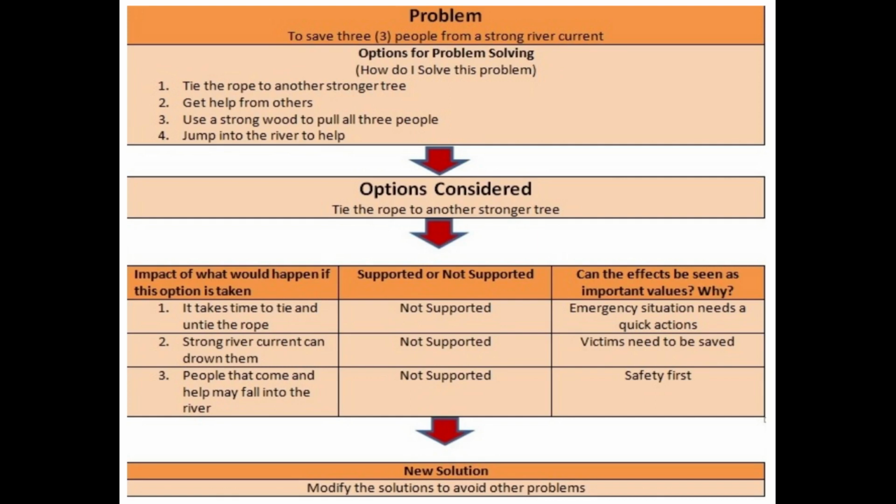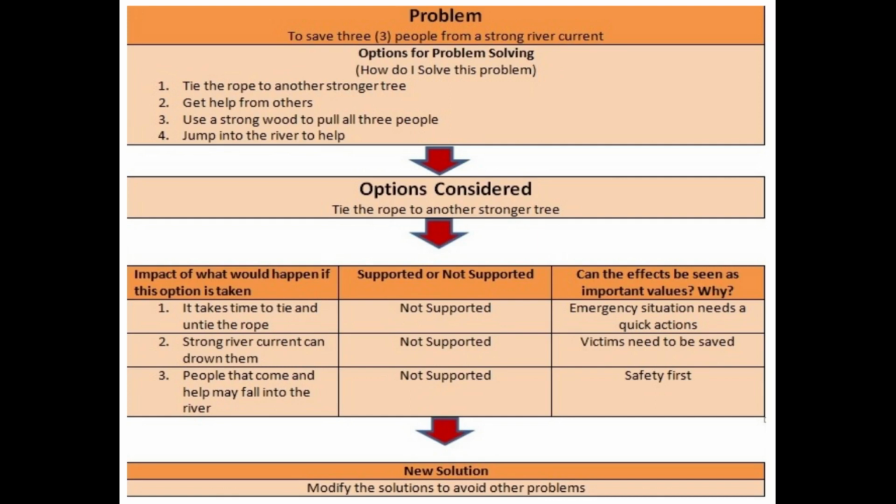The problem is how to save those three, two in the river and another one just holding the rope. Then options for problem solving, we have 4. Number one, tie the rope to another strong tree. Maybe that is good. Number 2, get help from others. Number 3, use a strong wood to pull all 3 people. And number 4, jump into the river to help.